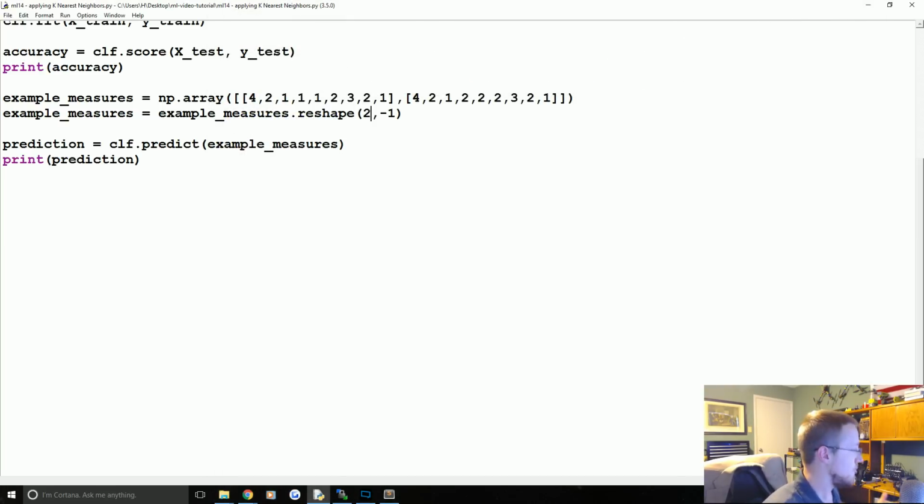But then what happens when you have an unknown number? Like you might have an unknown number of predictions. Maybe this week you've got 15 patients. Maybe next week you've got 45 patients, right? That's going to be very common, and you don't want to have to hard code the shape every single time. So what you're going to need to do